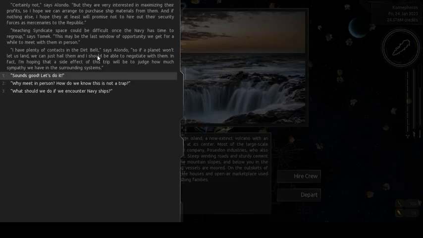Certainly not. But they are interested in maximizing their profits, so I hope we can arrange to purchase ship materials from them. And if nothing else, I hope they'll at least promise not to hire out their security forces as mercenaries to the Republic. Reaching the Syndicate space would be difficult once the Navy has time to regroup. This may be the last window of opportunity we get to meet